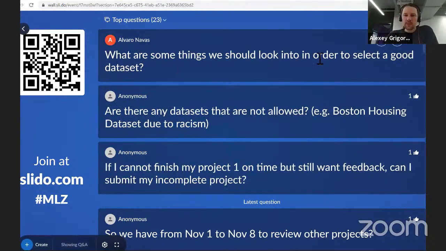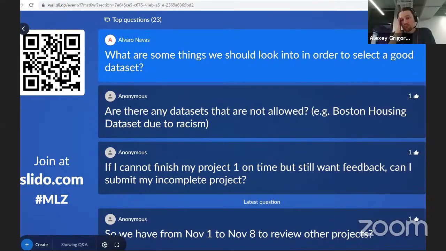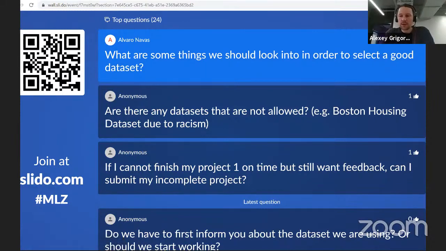What are some things we should look into in order to select a good data set? For example, if you go on Kaggle and you see the number of notebooks available there, maybe it's a good indicator that it's a good data set. But other than that,